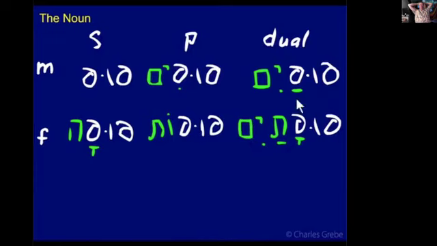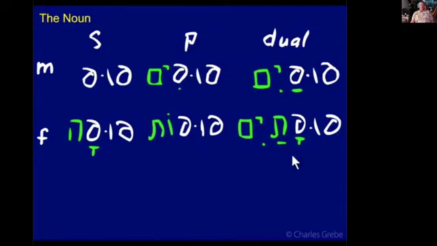Okay. This part is the same, ayim on the end, but here we have this at. Where did that come from? Well, the feminine dual builds on the feminine singular. Now, if we were simply to add the dual ending to this here, if we left this a hey, that's the only difference here. If we left this a hey, then we'd have two vowels together. It would be pronounced something like